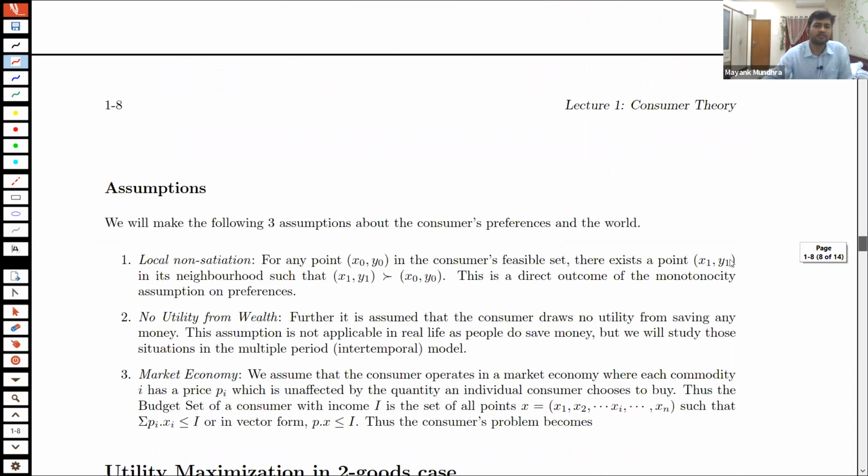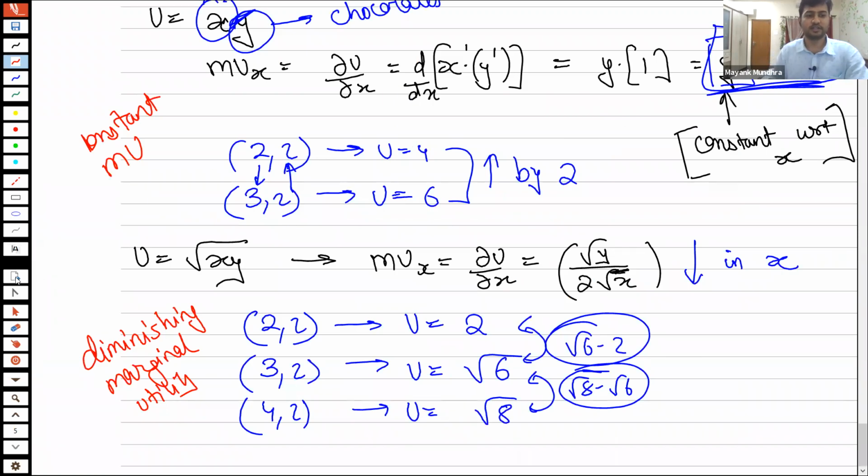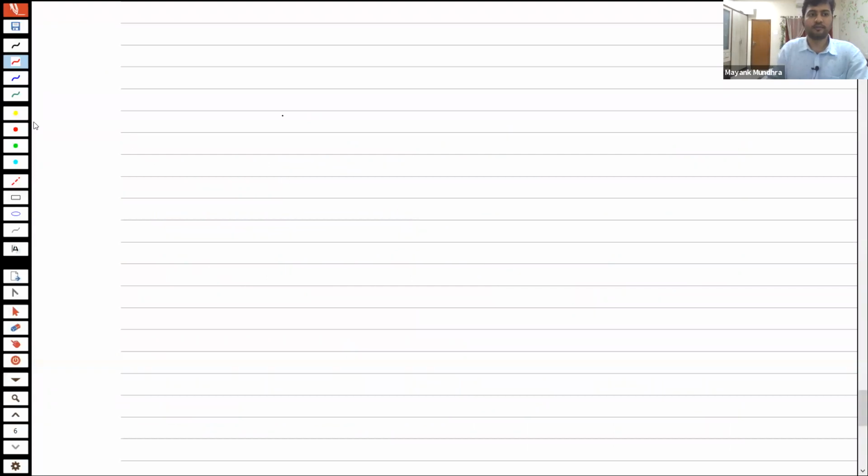The assumptions are basically local non-satiation. What is local non-satiation? Local non-satiation just says that given any point